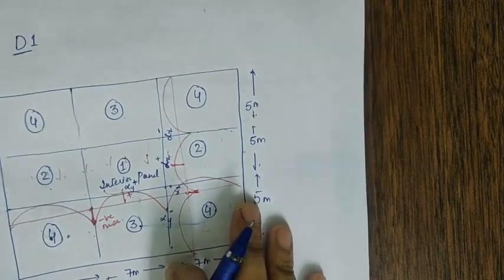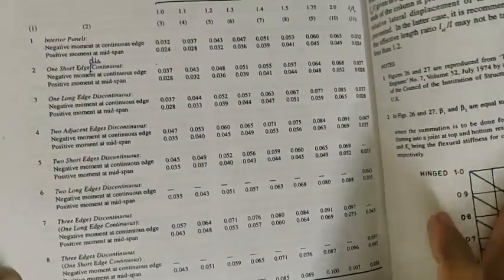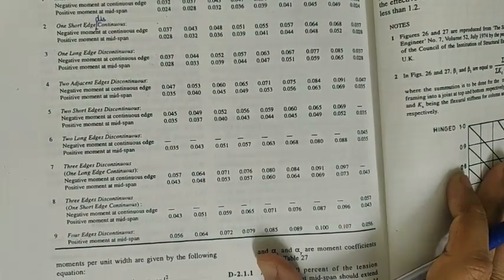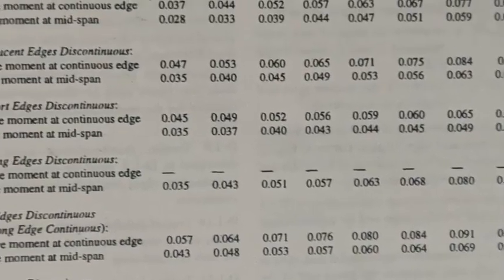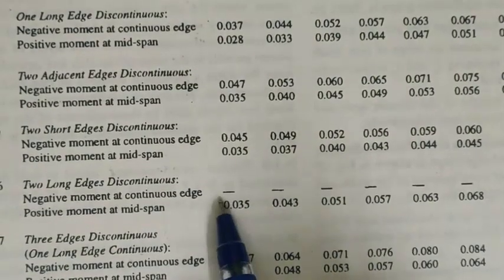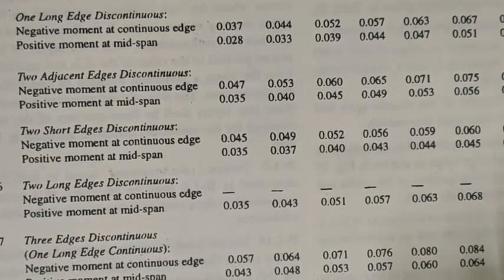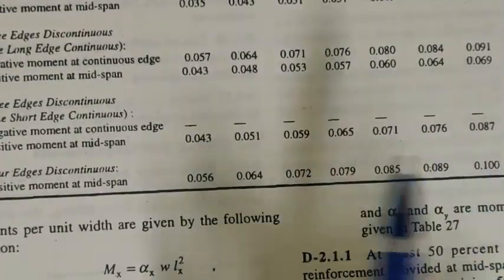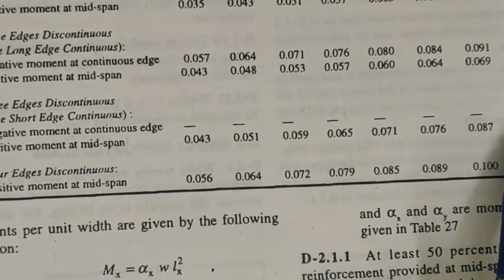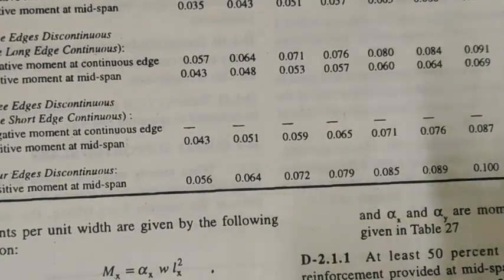Okay. Now these positive and negative bending moment coefficients are there for most of the cases. Okay. But then they are not there for some of the cases. I am magnifying it to show you that. Look at case number 6. For alpha x plus negative coefficient, it is written dash. Okay. Similarly, for case number 8, some values of negative moment coefficients are dash. Then for continuous edges, there is only one value. Case number 9. Why are these so?